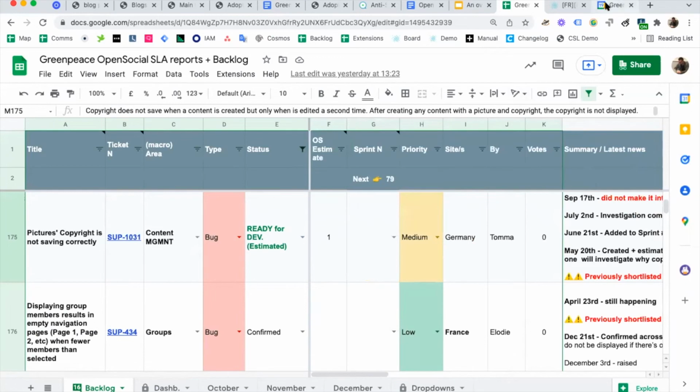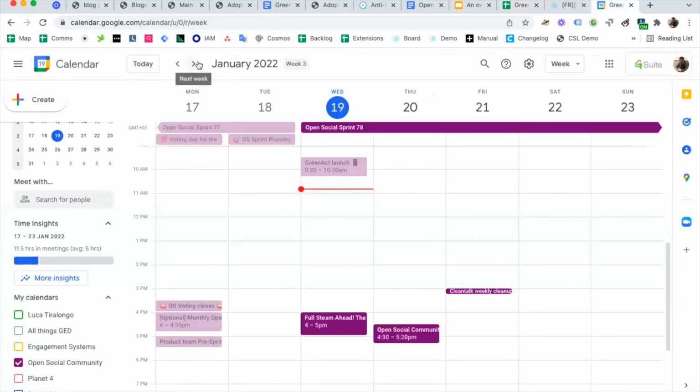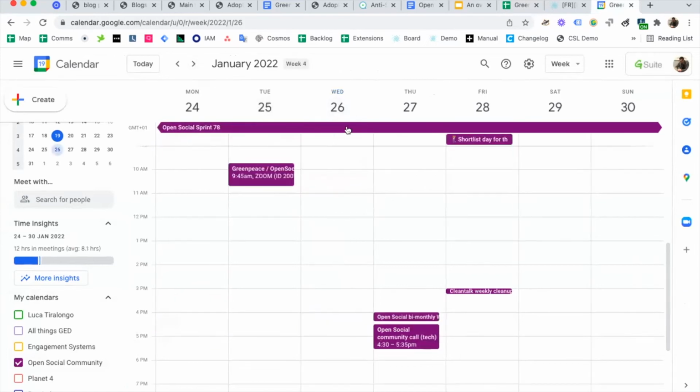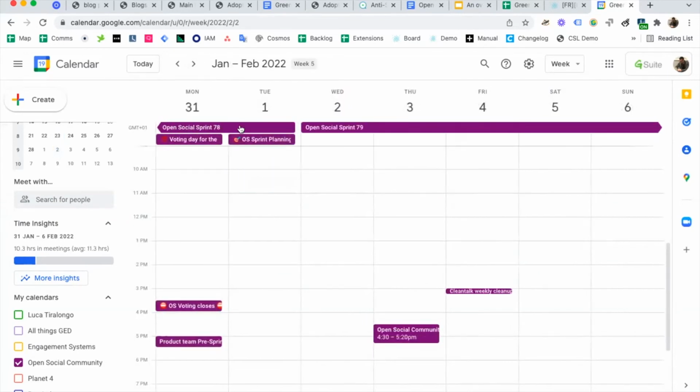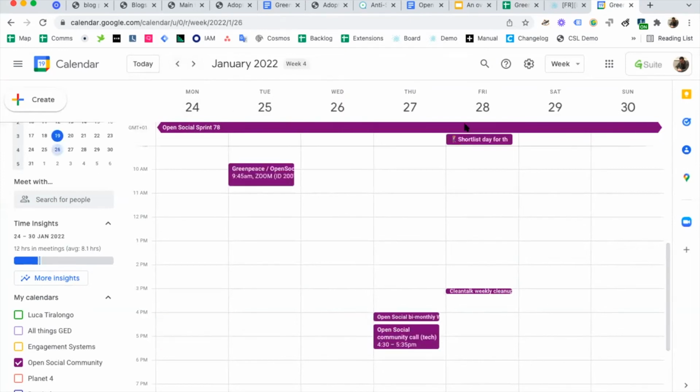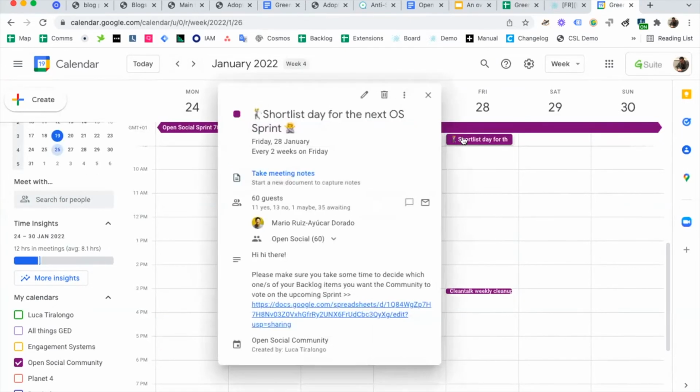Okay, so what happens in what we call community prioritization is that we have a common Open Social calendar, and you will see that sprints, so the temporal windows of development, are indicated as bi-weekly slots of time. The sprints last 2 weeks. The Friday before the beginning of a new sprint, there is what we call shortlist day, which is essentially taking